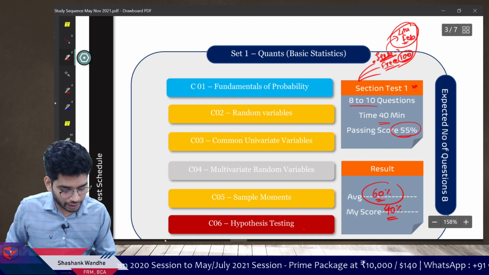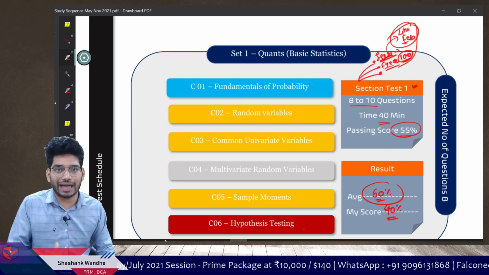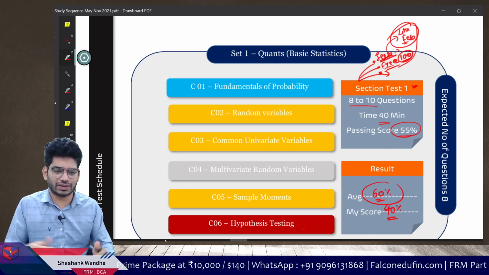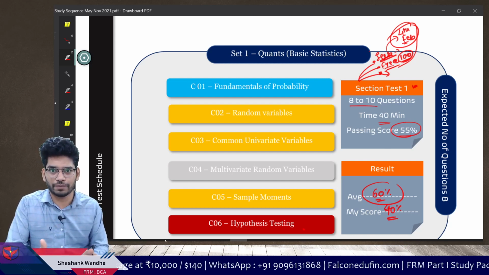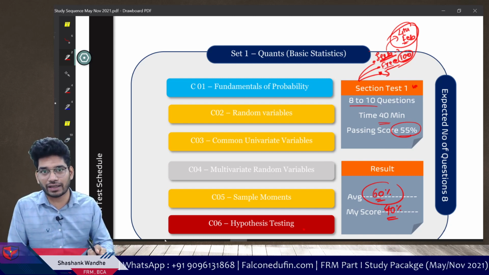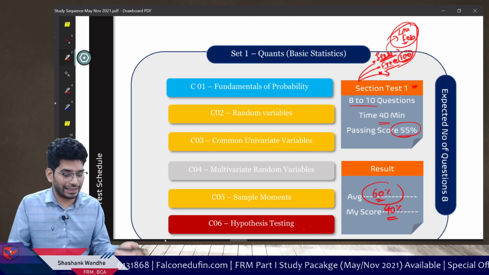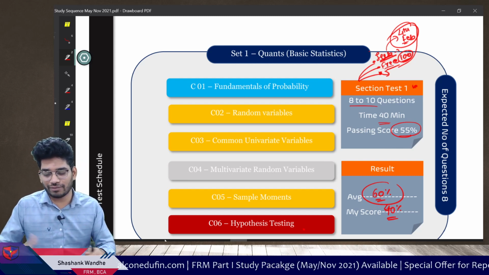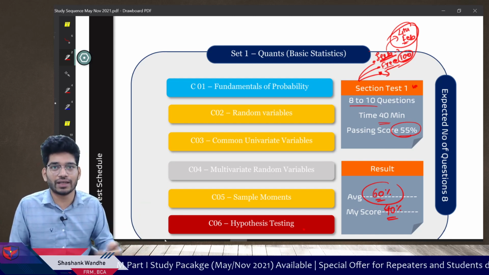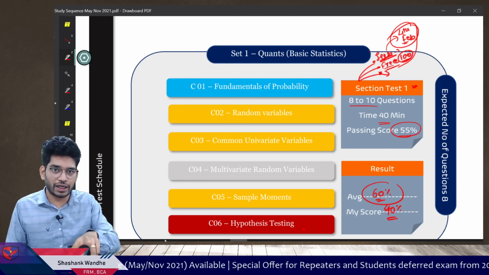Third option, I told you I will give you 3 options to get the section test. The third option is not very ideal, but if you want to go with it, and you have any question bank, just take photos of that question bank, but make sure that it is completely different from the one you are practicing on. The practice question bank and this test question bank should be separate. If you practice from the same question bank and then test on the same questions, it is not going to give you any advantage. You will always score like 90% because you have already seen those questions. My recommendation is it should be different.